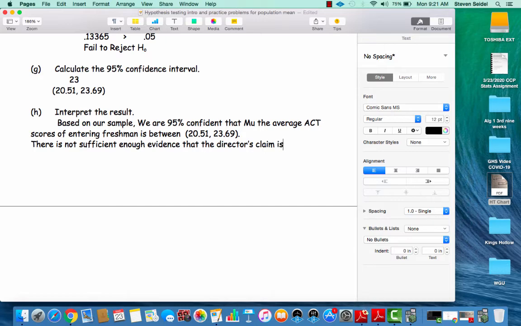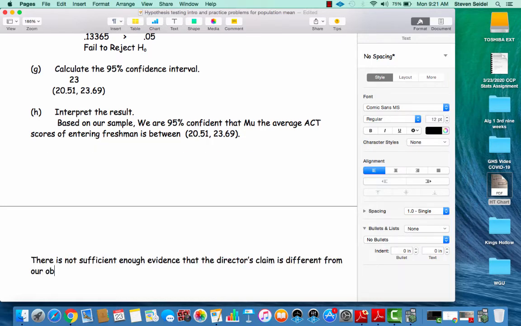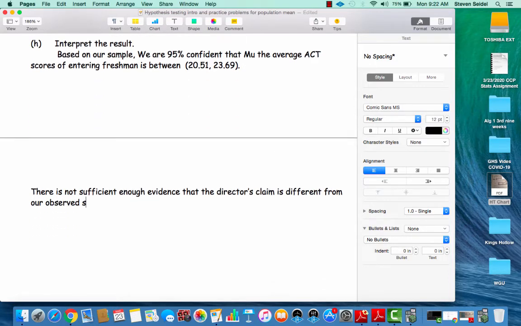I'm trying to word this in a way that makes sense to people. 23 is within our confidence